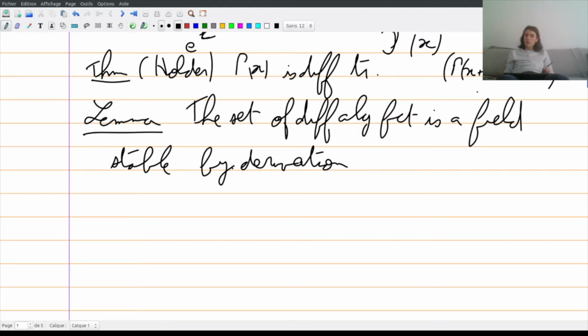It's not the case for the holonomic functions. If you consider the inverse of a holonomic function, it's not necessarily holonomic. So for instance, 1 over exponential of x plus exponential of minus x is not holonomic. So I will admit this lemma, and it suffices